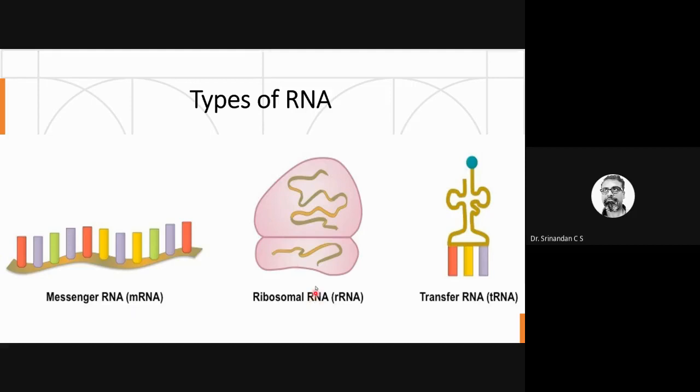You will learn more about ribosomes later in the classes, when I deal with how the protein is translated. In this also there is a single-stranded RNA, called ribosomal RNA, and then you have the transfer RNA, where, for example, this is